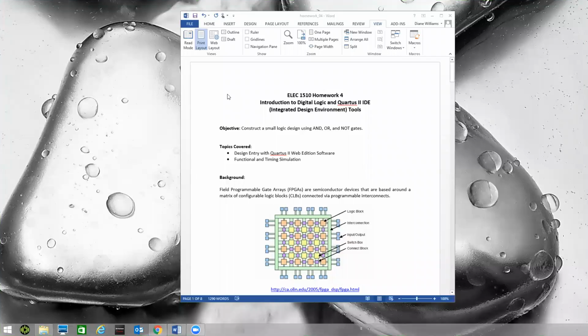This tutorial is to teach you how to work with the Quartus II Web Edition software. You'll be using that for homework for this fall 2016 semester for ELEC 1510 Logic Design. Over on the screen here, I've got a copy of your homework assignment up, and it starts off, it tells